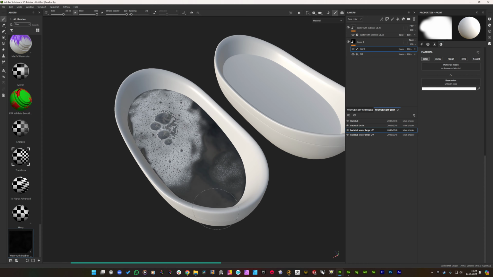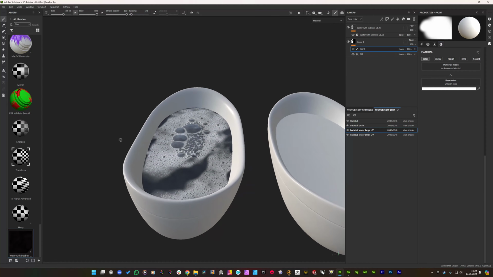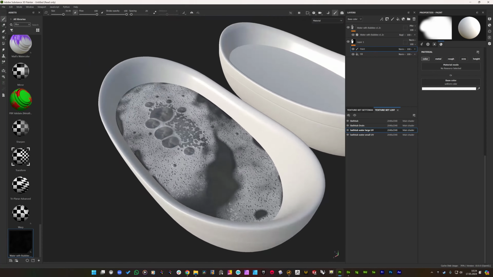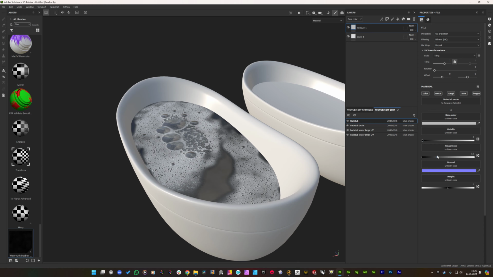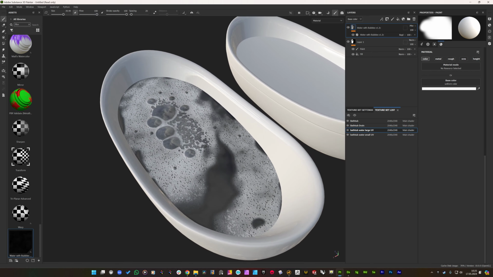Like that. So you see the result like this. Let's change the bed top material to a shinier one and move on to adjusting the water